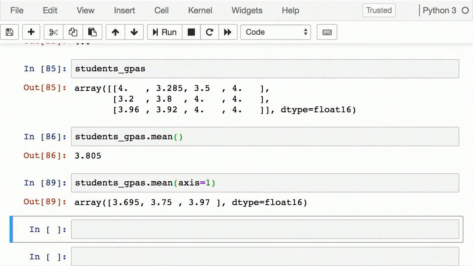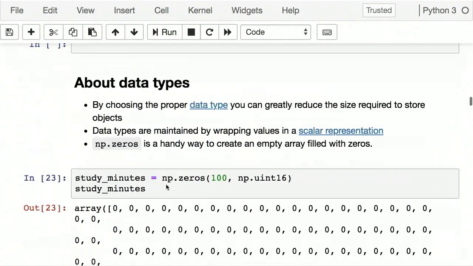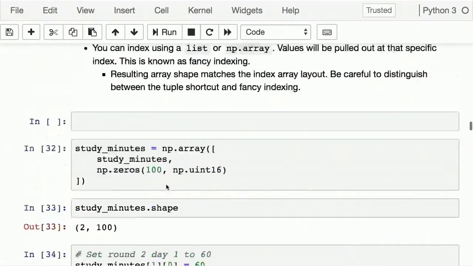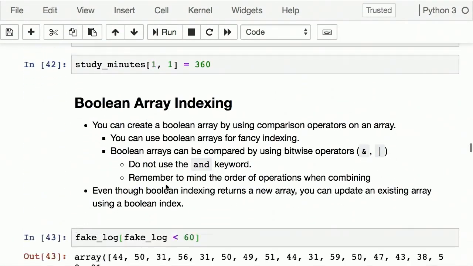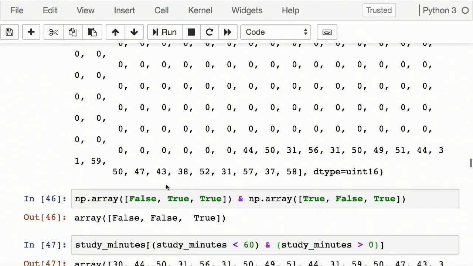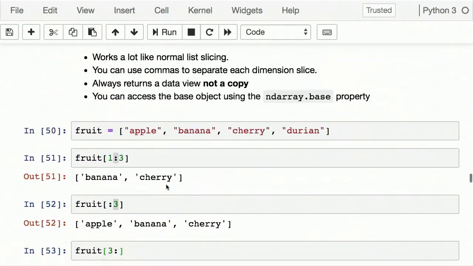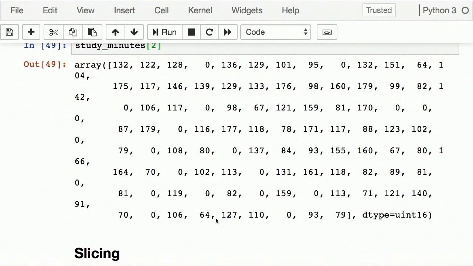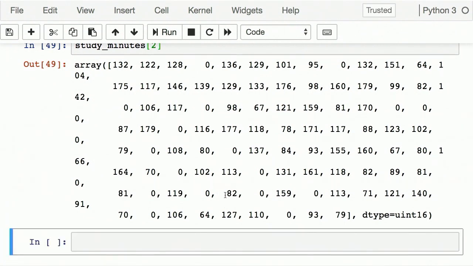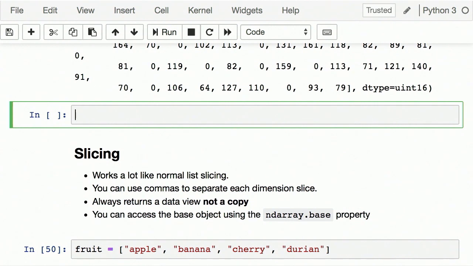Here, let's go back down to the 100 Days of Code study minutes list. Where is this at? Let's go down to where we have the very last one of them. Here we go. Study minutes list. All right, so I'm going to add one below this. Remember that our study minutes array is a two-dimensional array. The first dimension represents rounds or attempts, and the second dimension is the minutes per day, and there are 100 days. So let's simplify things first by using a single dimension. I'm going to grab the first round here. So we'll say study minutes,